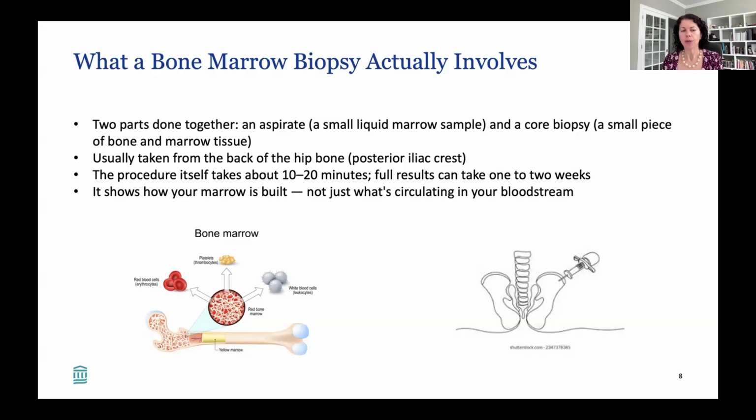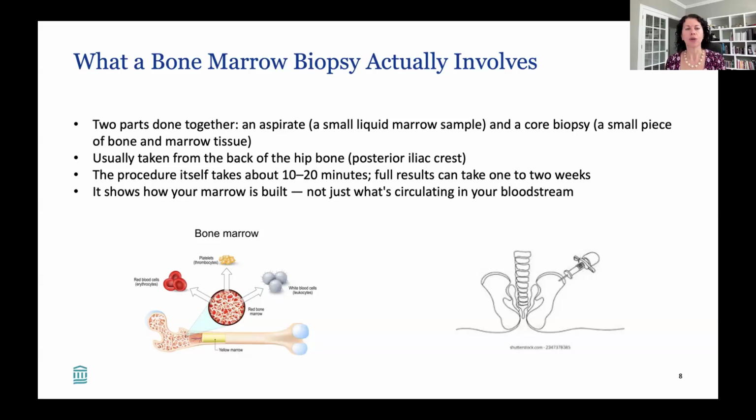Generally speaking, we do a bone marrow biopsy from the pelvis. The pelvis is that bone in our hips that is the broadest, sort of flattest bone in our body, and that's filled with bone marrow. And it's an easy bone to access because getting a bone marrow from a femur or a humerus, something inside of our arms or legs, would be really difficult and extraordinarily painful. Whereas this bone is superficial. You can feel it if you feel the back of your hips,